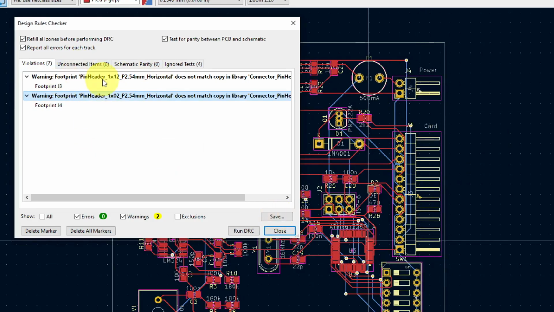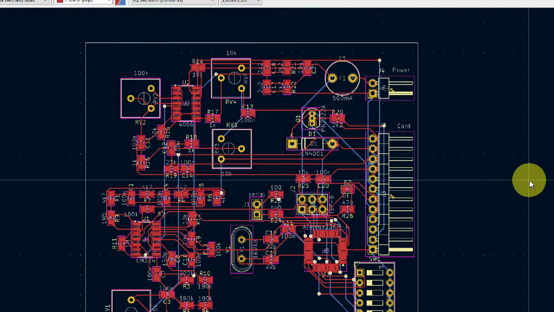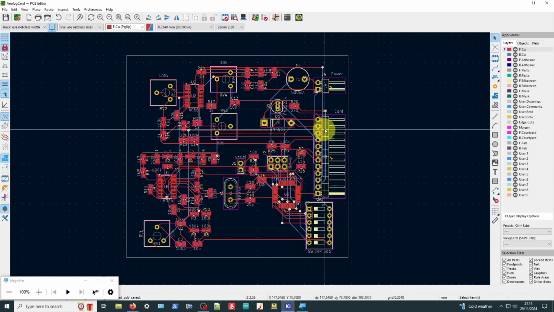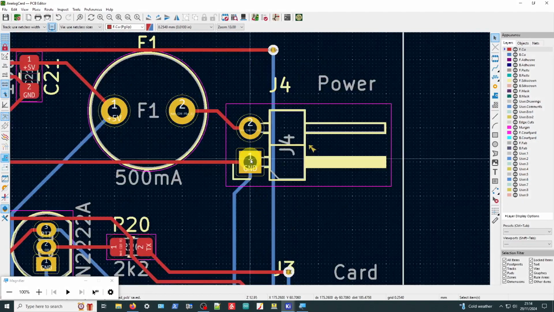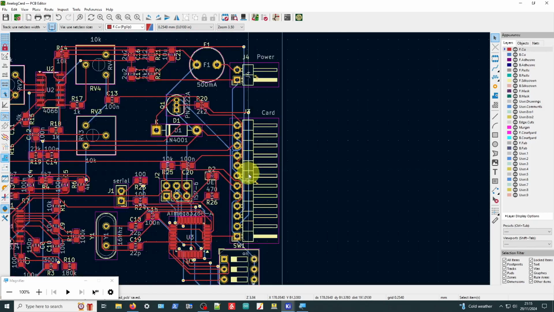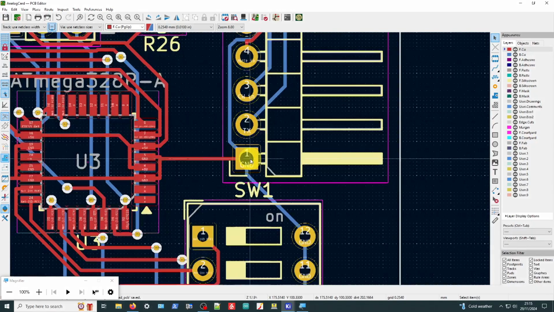And the reason why it's warning me is because I've had to do a sort of a mirror flip. You don't normally have to do this, but in my case, I wanted pin 1 to be at the bottom. And if you place the component on normally without doing any rotations or flips, pin 1 is at the top. And I don't want pin 1 at the top. So I've had to modify the headers and flip them round, which you can't normally do, and put pin 1